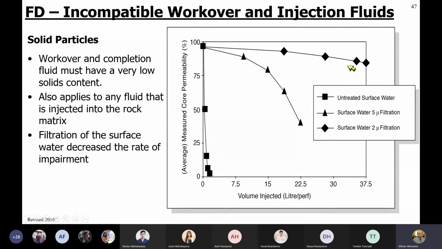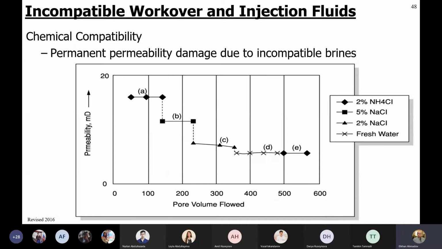So the cleanliness of the used workover and injection fluid is very important. This is about mechanical cleanliness. And there is also a problem of chemical compatibility. In this chart, you can see different types of